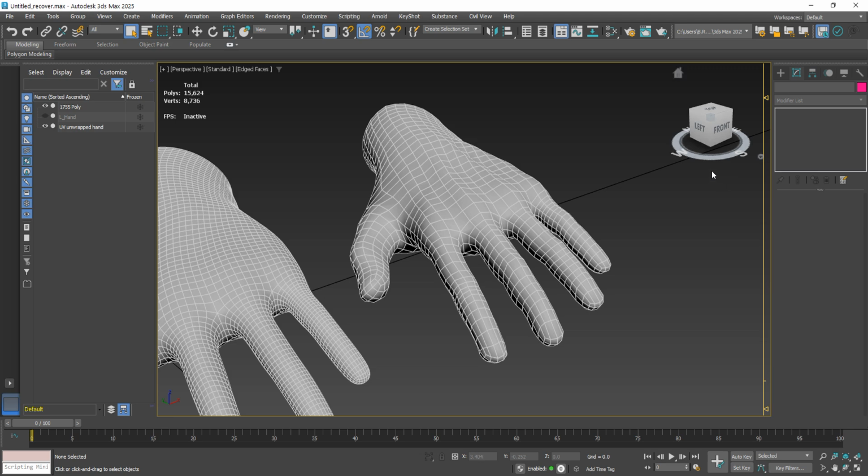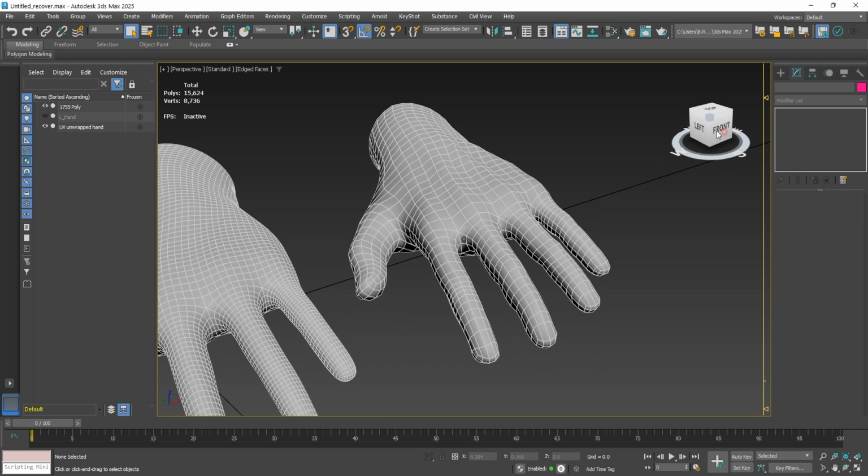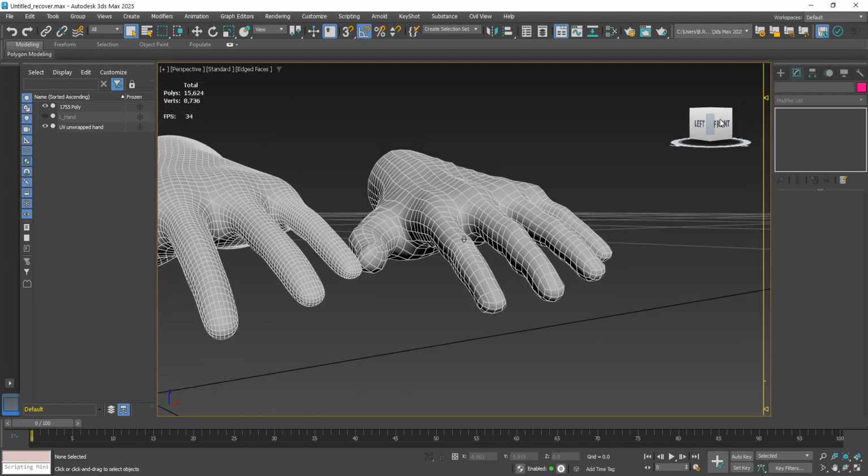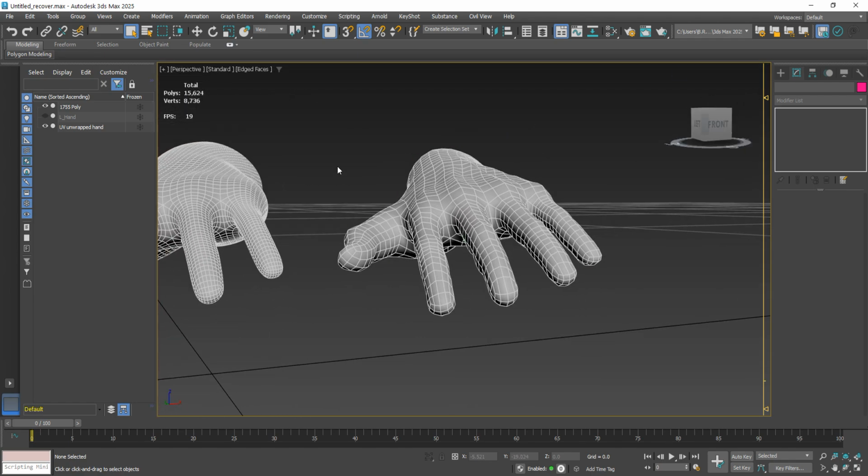Hey there, so I will keep this tutorial straight to the point. I looked for a solution on the internet. Unfortunately, I found nothing. And since 3D Studio Max has updated its color management system, so as you can see,